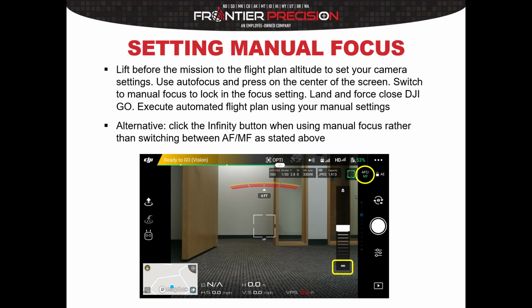I like to find and set my manual camera settings at this point, and if necessary, you can set the manual focus here. First, select AFC and push with your finger on the center of the frame. Then click the MF button to lock in this setting. Land the UAS, force close the DJI Go4 app, and launch your automated flight planning app to use these settings